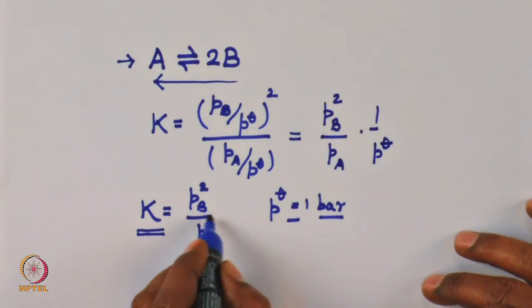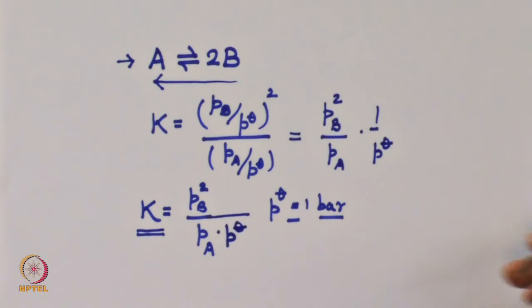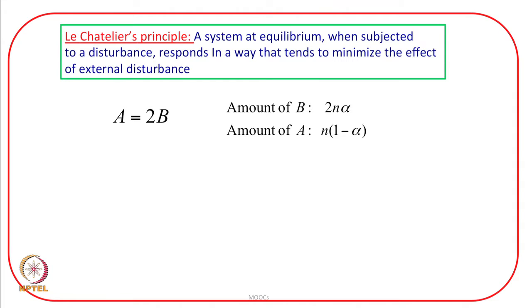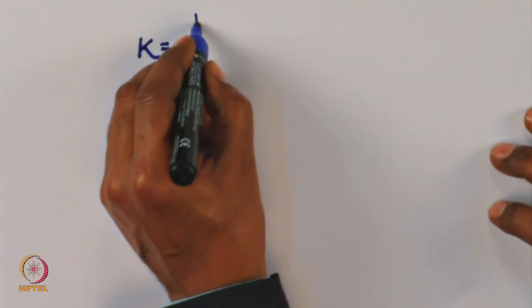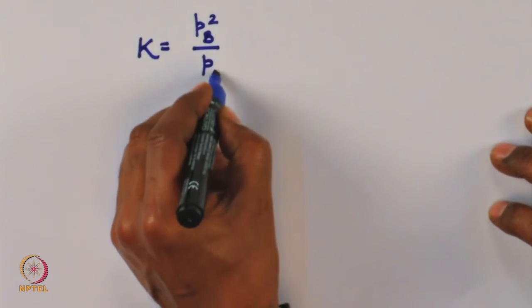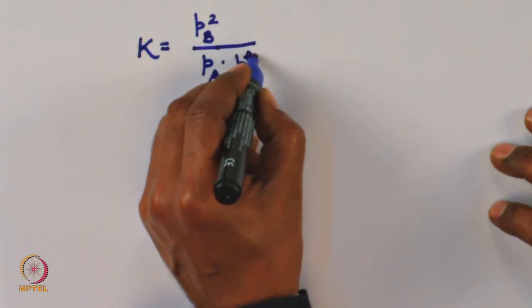That means, I will put P naught over here. So, I will use this result now. What I have is K is equal to P B square over P A into P naught,